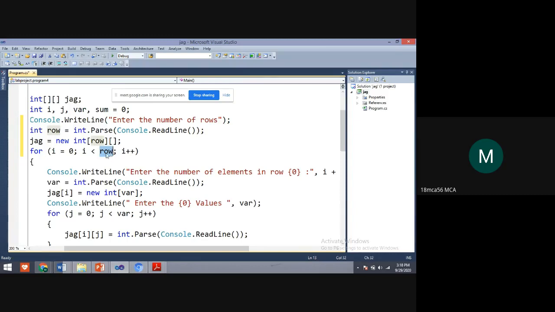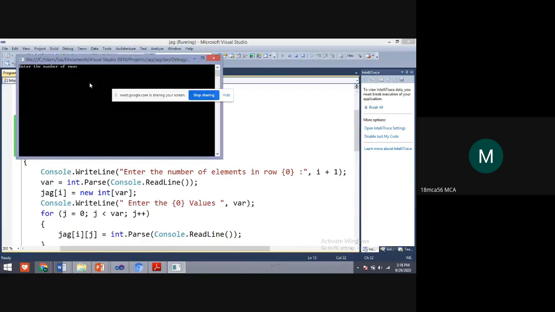In a matrix, how many rows you want to take, that is the outer loop value. Now after that, enter the elements in row 1. How many elements do I need? I need 2 elements, so this 2 will be the value of var. How many times should this loop repeat? 2 times, correct?